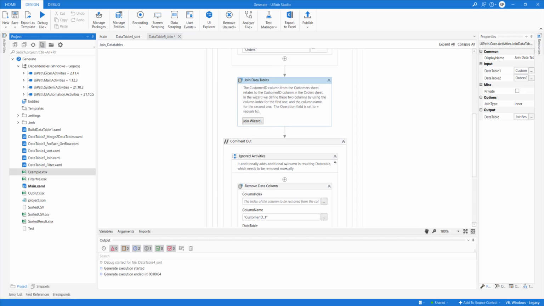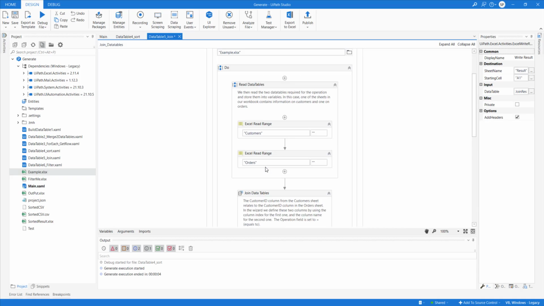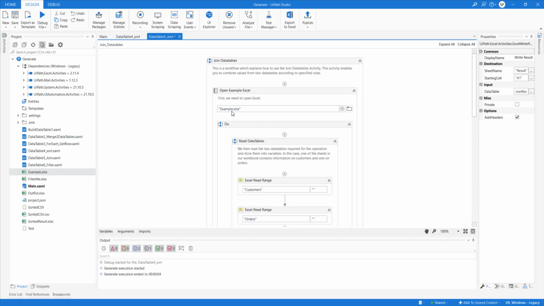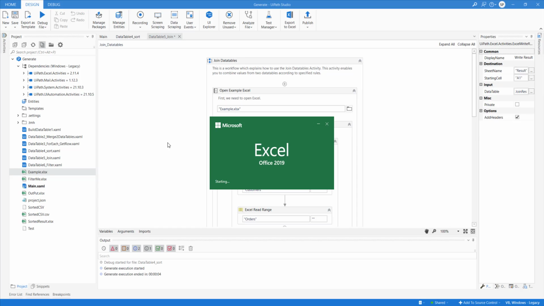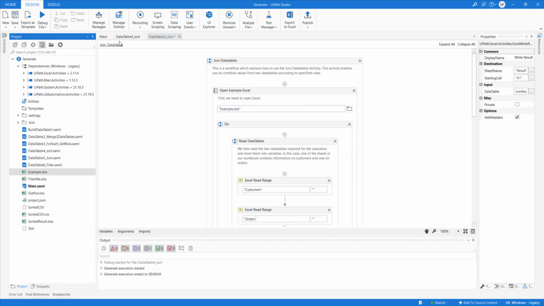Once this join wizard works, it will write the result back into a join result, basically inside the same Excel file. Okay, let's close this and let's run this.